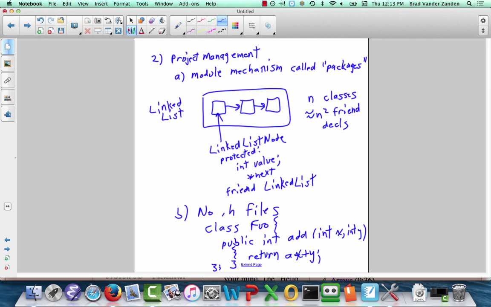So every function is declared, and as soon as it's declared, you provide a function definition for it. Okay? In Java, we'll find you typically have one class per file,